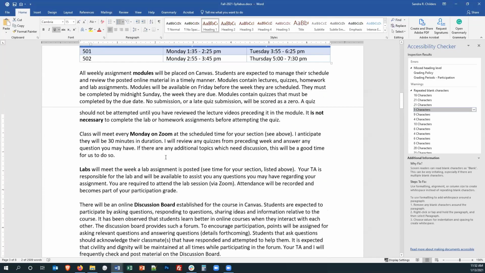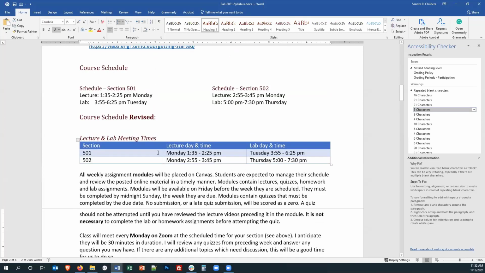So we want to make sure every heading is unique so that it's actually describing what is in that section. So I thought that lecture and lab meeting times made more sense. And technically this should be a heading 3 to match with this, but I wanted to hide it in this section, so it's a heading 4.